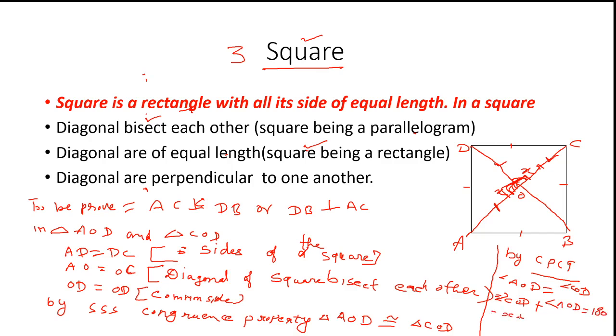That means X plus X is equal to 180 degrees, 2X is equal to 180 degrees, so X is equal to 90 degrees. यहाँ पे मैं इसको ऊपर लिख देती हूँ, X is equal to 90 degrees. X is equal to 90 degrees means we have proved